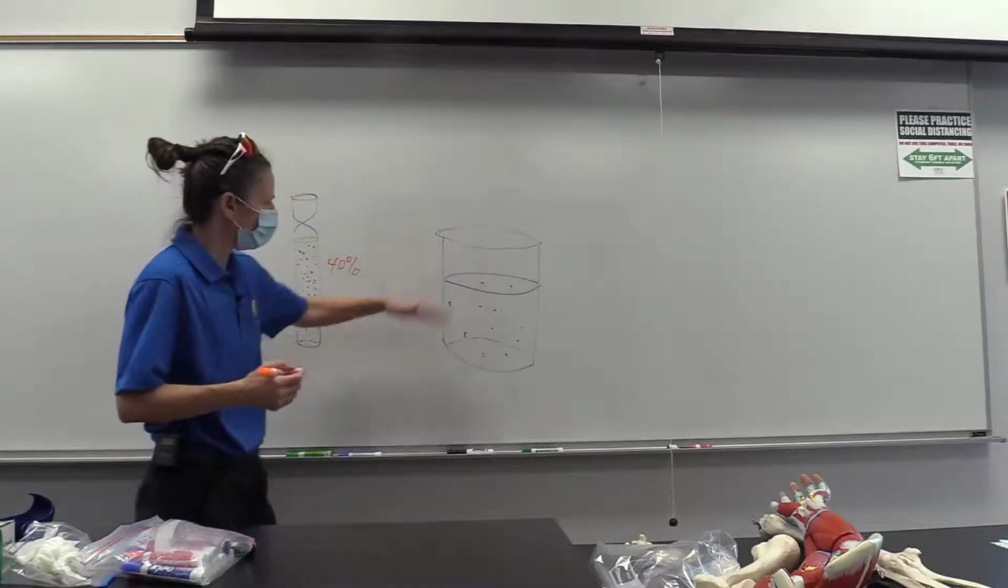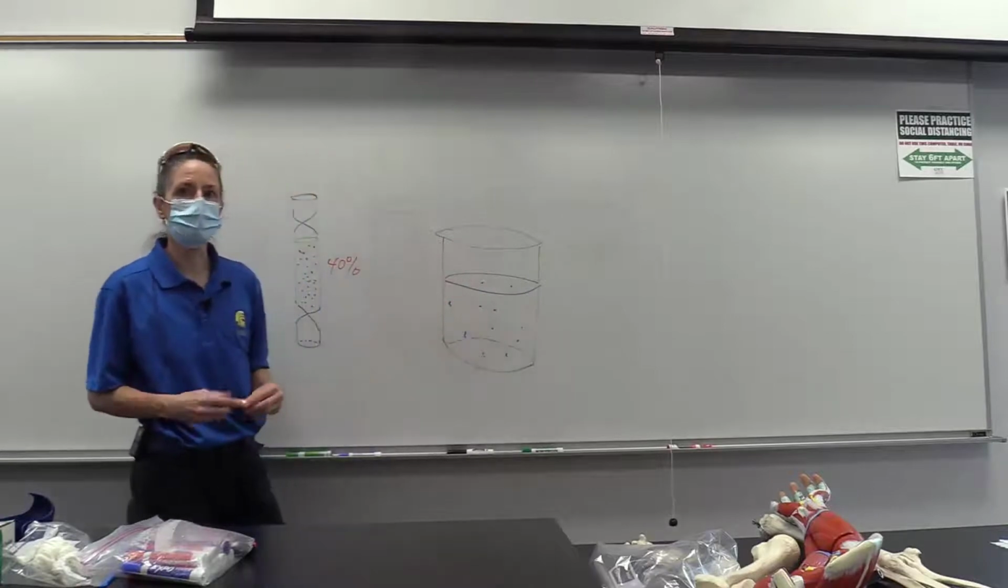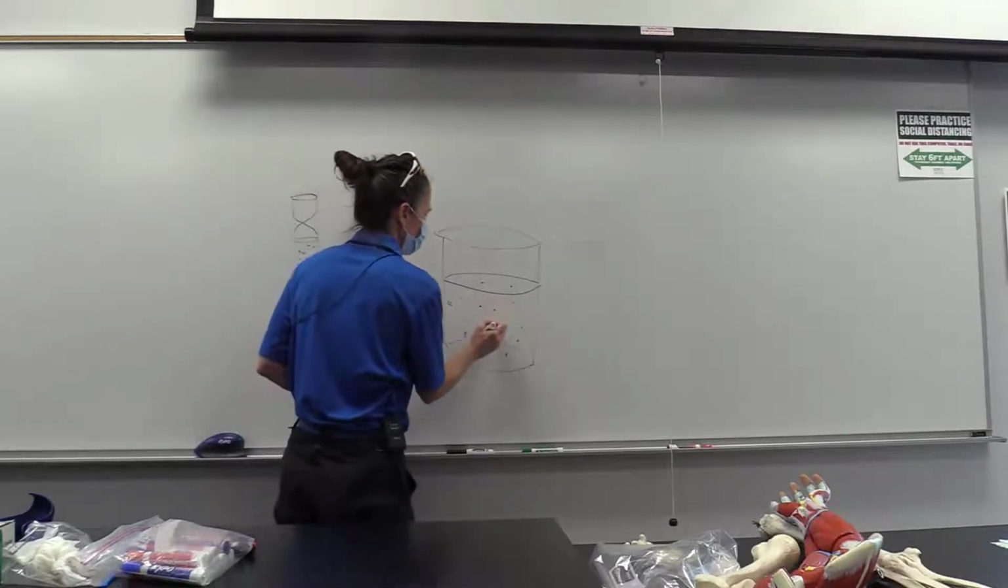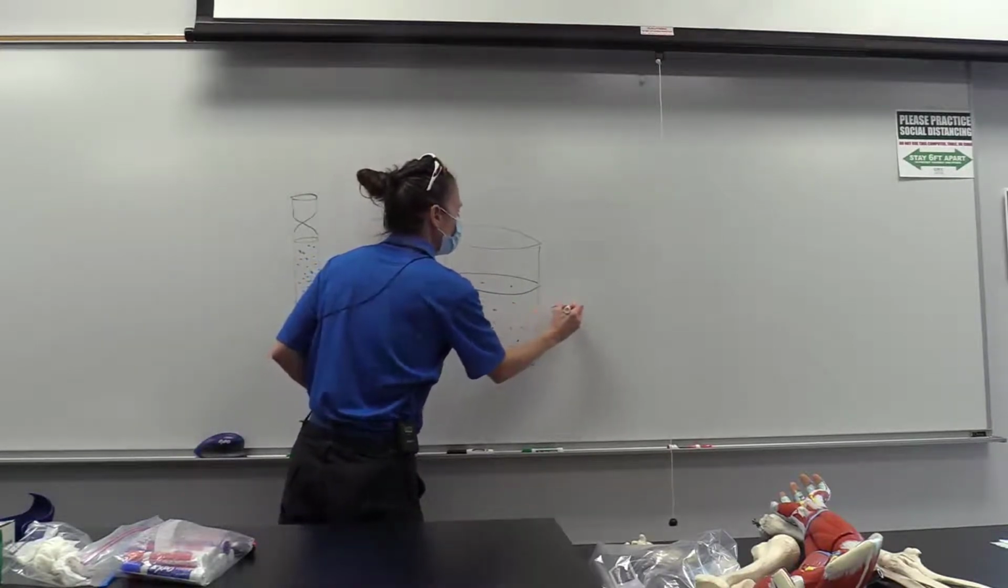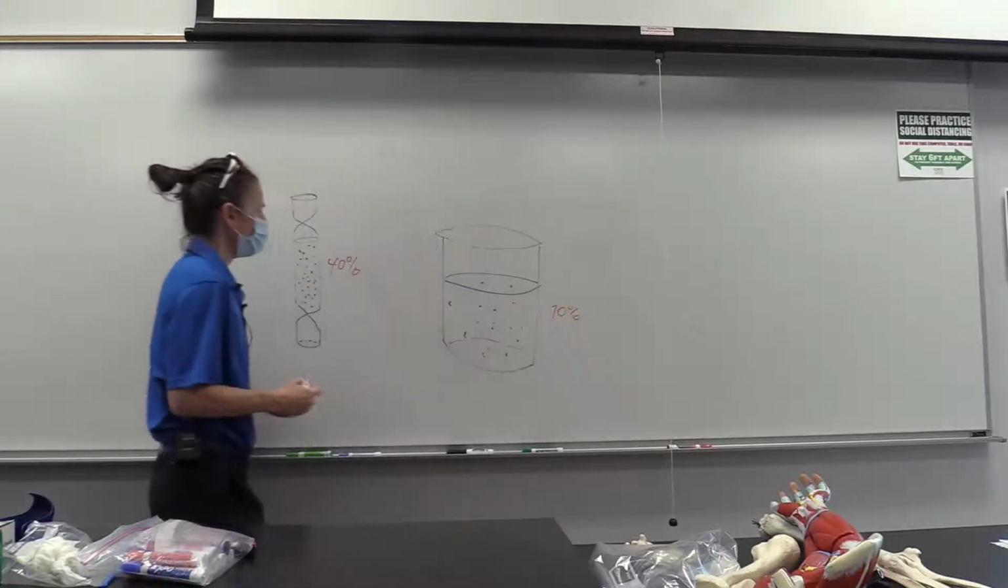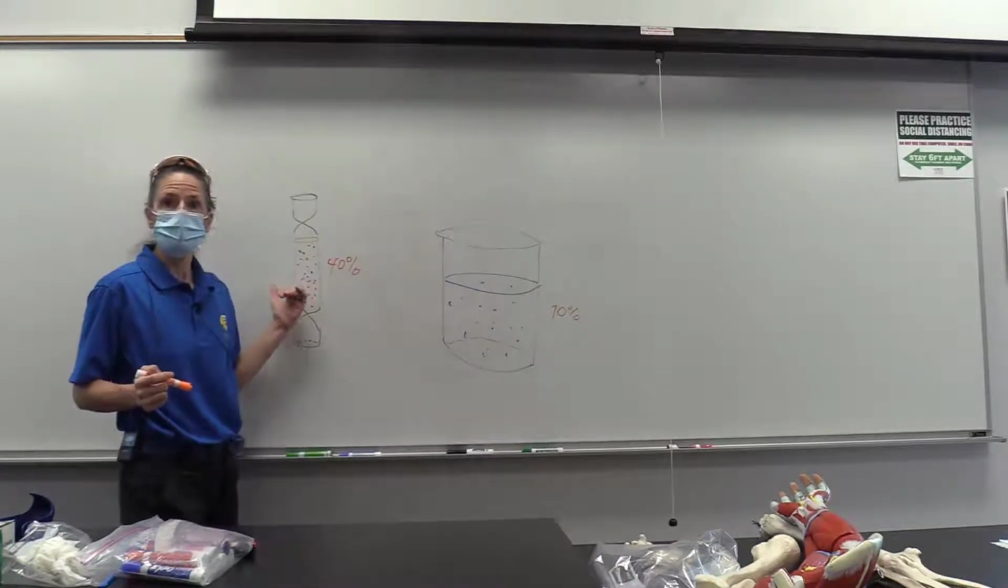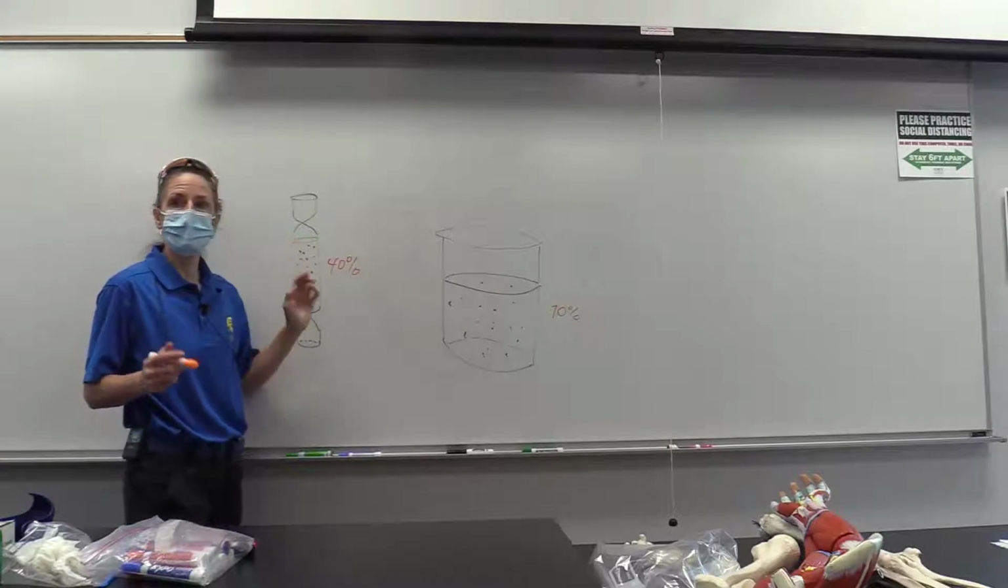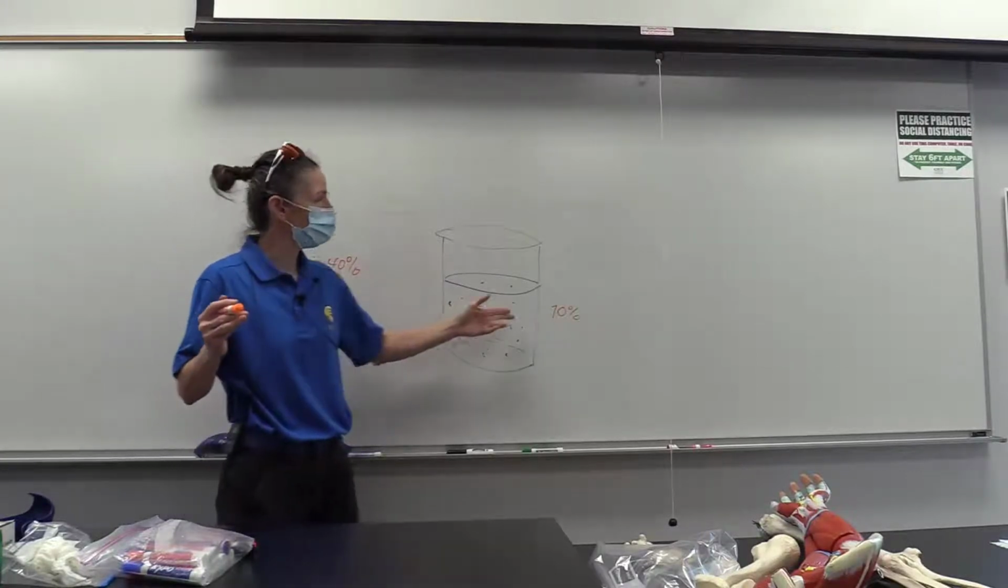So, they could mix this up in any number of ways. Even if they put a 10% sugar solution in the beaker, water would still go into the bag because you have a higher concentration in the bag. Now, the osmosis would be a little bit slower,